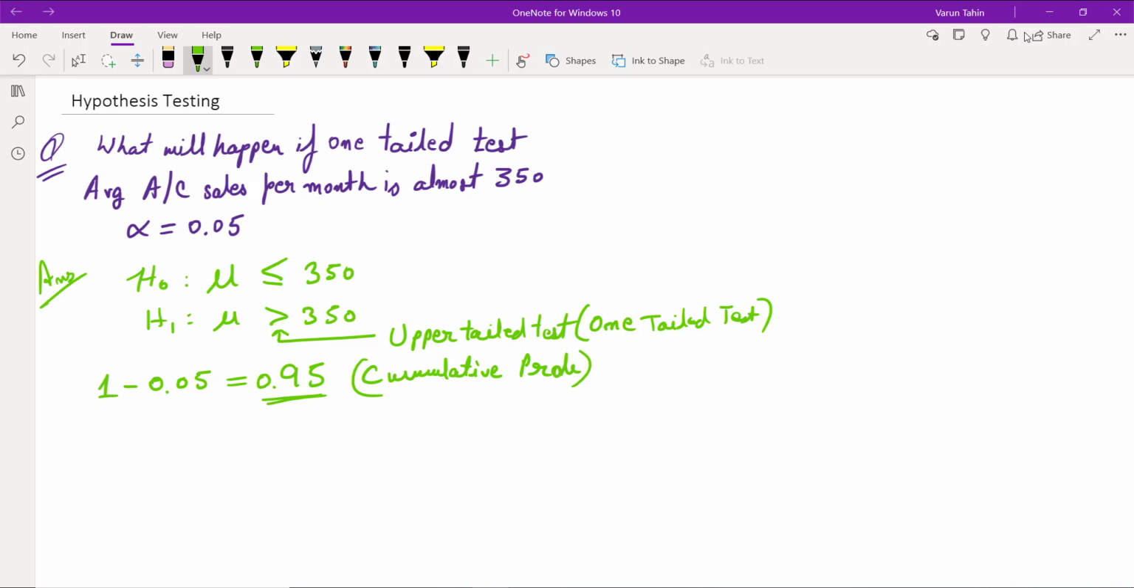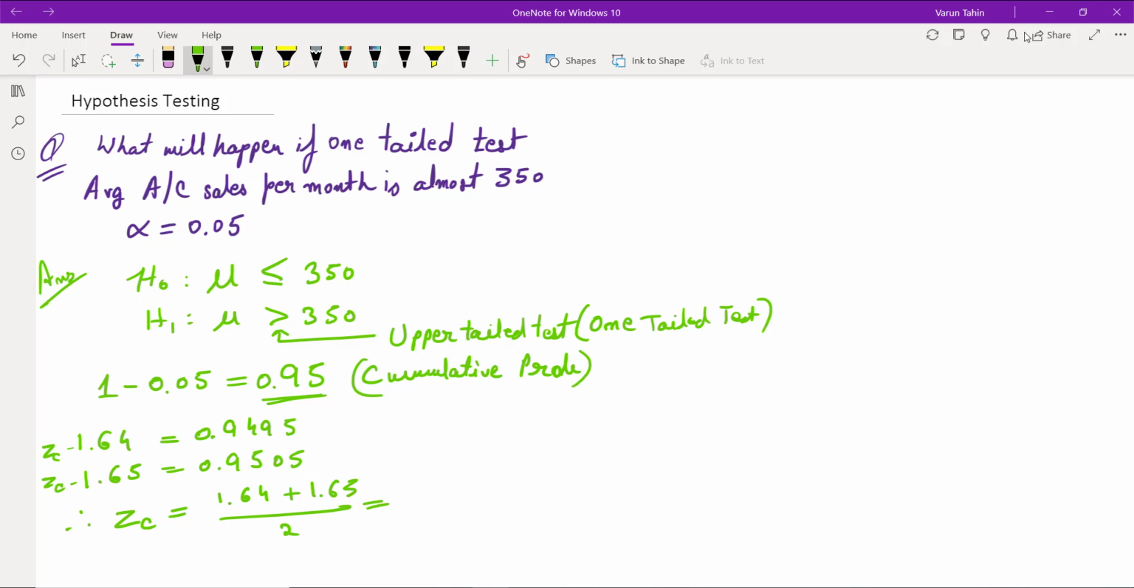Okay, so when you look at the Z table, you will find that 1.64 and 1.65 Z scores have the cumulative probability of 0.9495 and 0.9505. Now what we have to do is take the average. So the average ZC will become 1.64 plus 1.65 divided by 2, which is